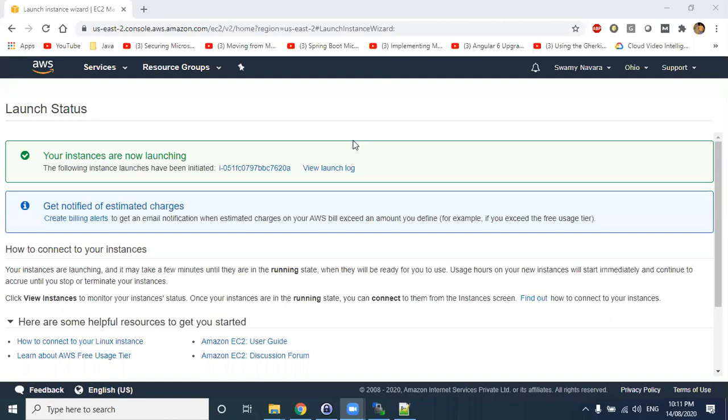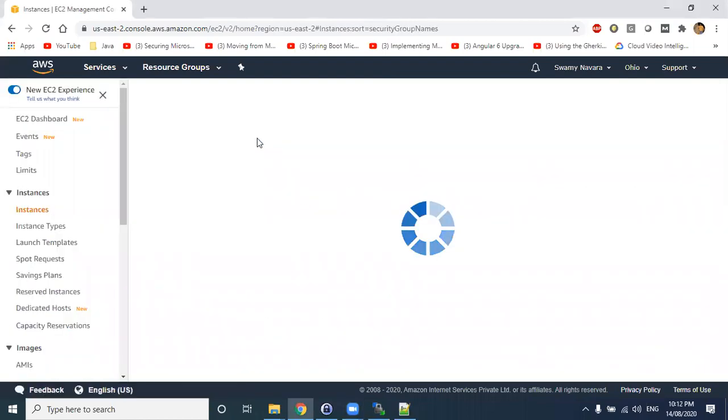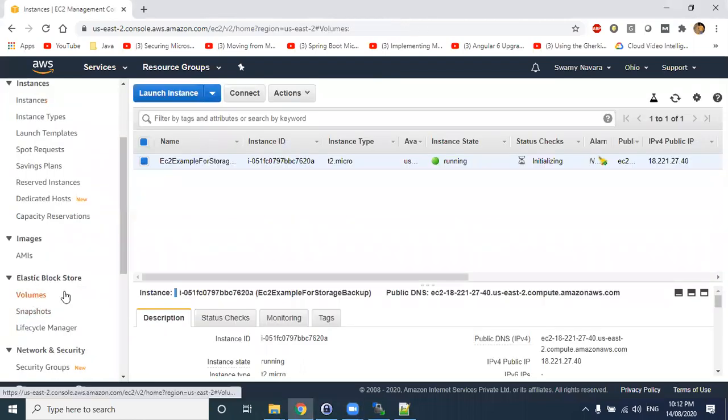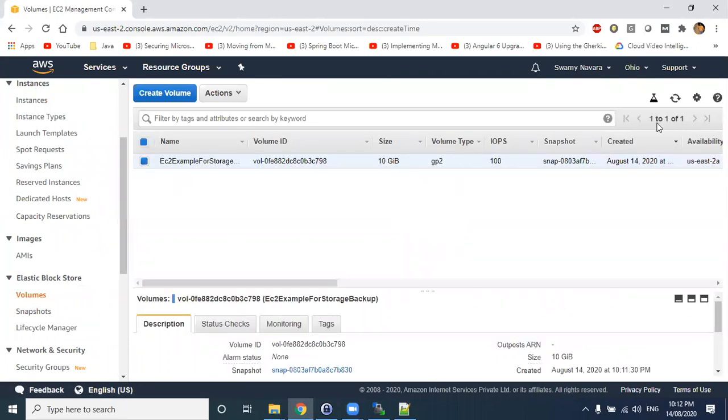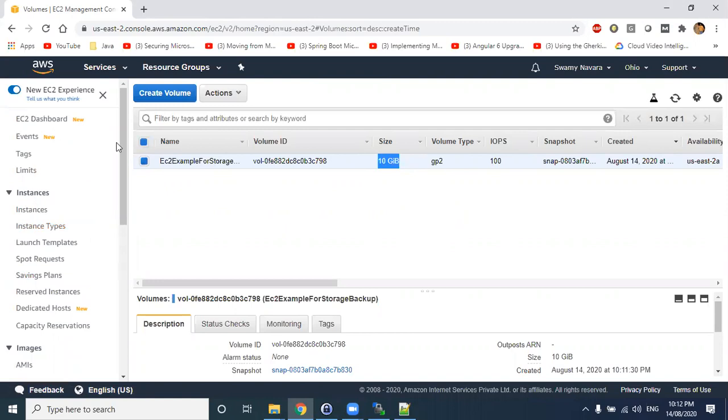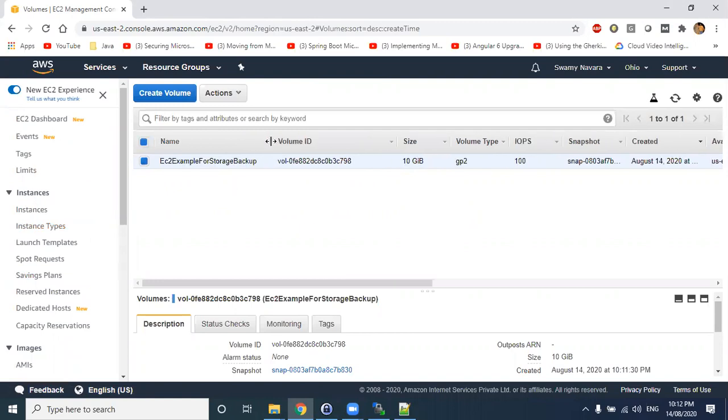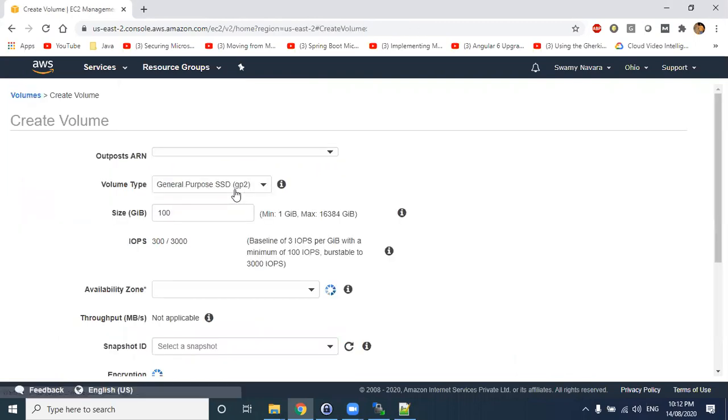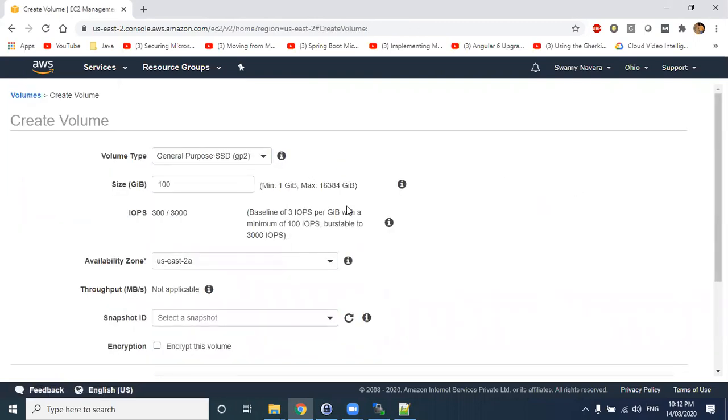Sorry for that. So now we have launched the EC2 machine. So let us attach a volume here, create a volume. If you see here, this is the root volume. Earlier it was 8 GB, but we have modified it to a 10 GB volume, right? Whenever you create an EC2 machine, the root volume attached to it will be displayed here. Now let us create a new volume. Let me select 2 GB. So I want to mount the 2 GB along with the additional 10 GB of the Linux machine.